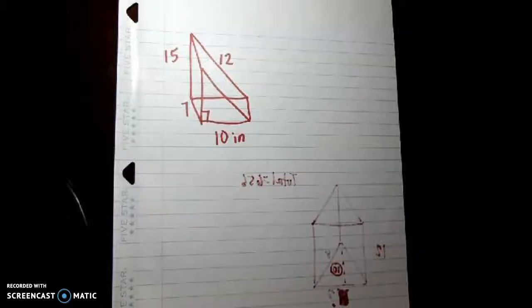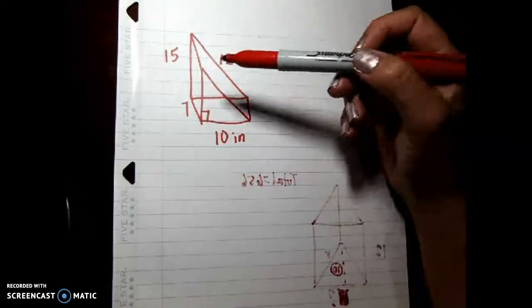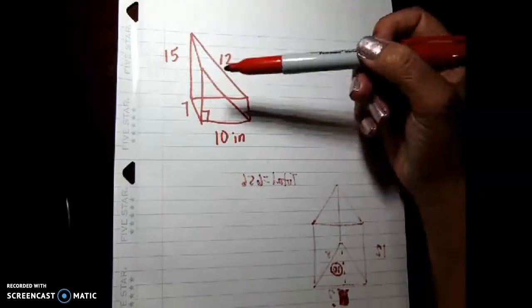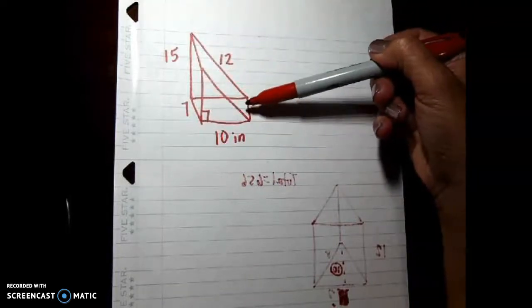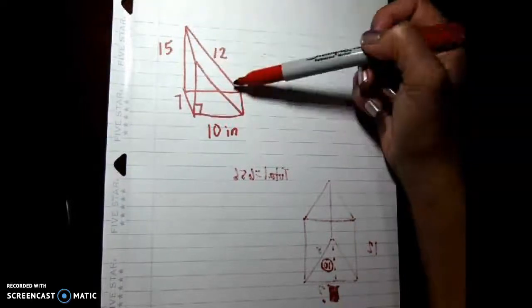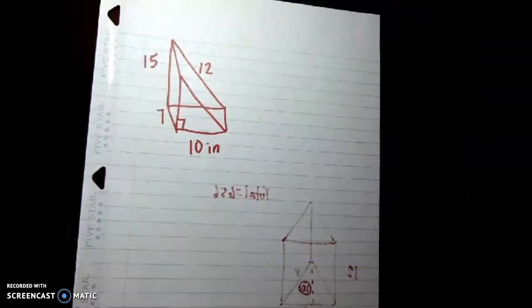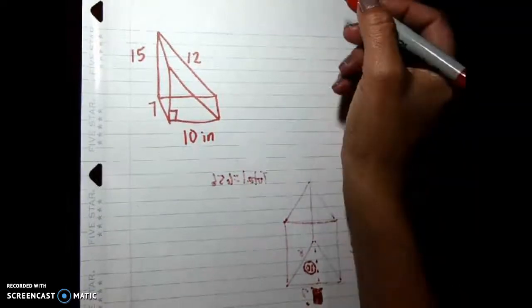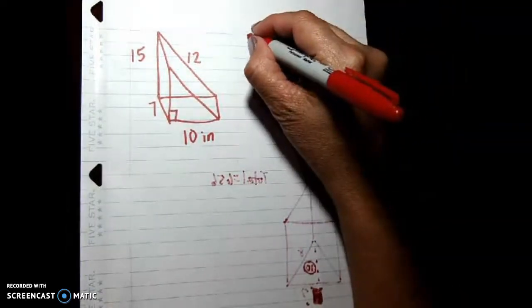All right, today we're going to go over the volume of triangular prisms. The reason it is a triangular prism is because there are two bases that are triangles. Even though it is sitting on a rectangle, the base is a triangle and the back base is a triangle, so that makes it a triangular prism. So if you look at your formula chart, we're going to use the formula V equals big